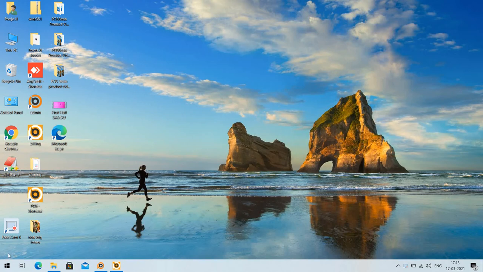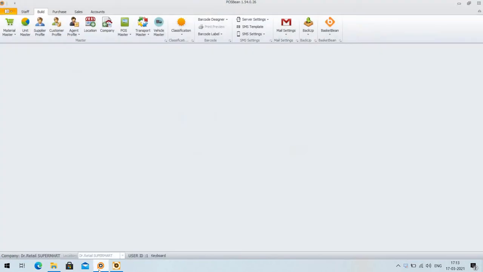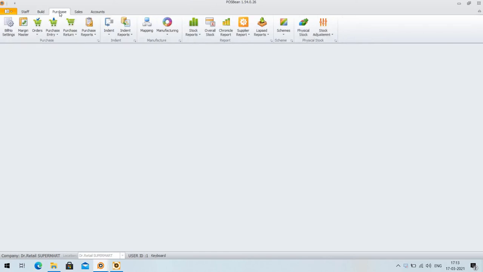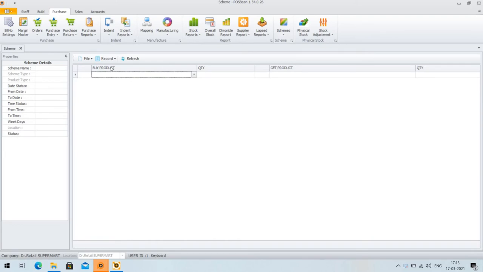I'm here to tell about how to make a scheme. To make a scheme, first you have to go for the admin. In admin, go to purchase and then schemes and then scheme. Go to file, new,